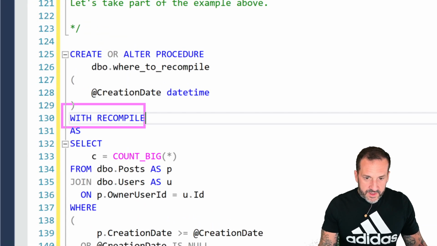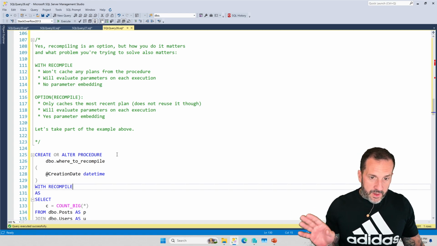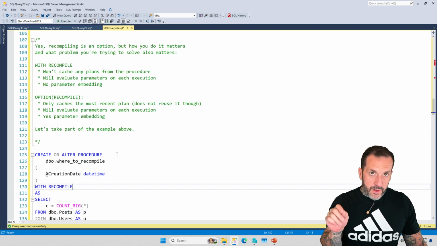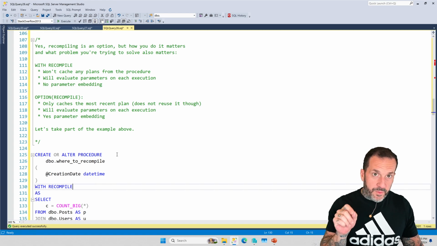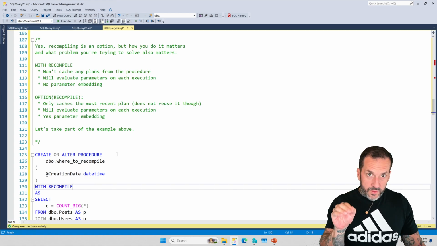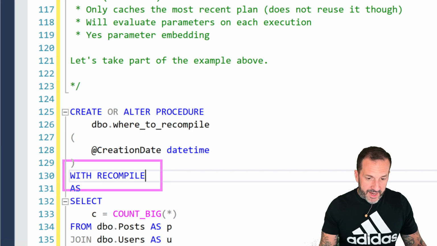If you do this, SQL Server will not cache any plans for the stored procedure at all. It will evaluate parameters on each execution, right? So every time this runs, SQL Server will take whatever parameter values you pass in and do cardinality estimation based on those parameter values. What this does not do is parameter embedding.